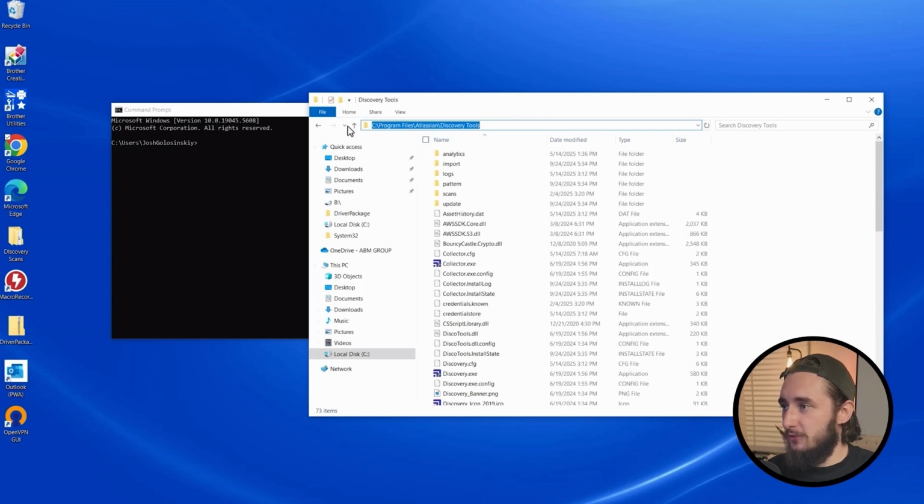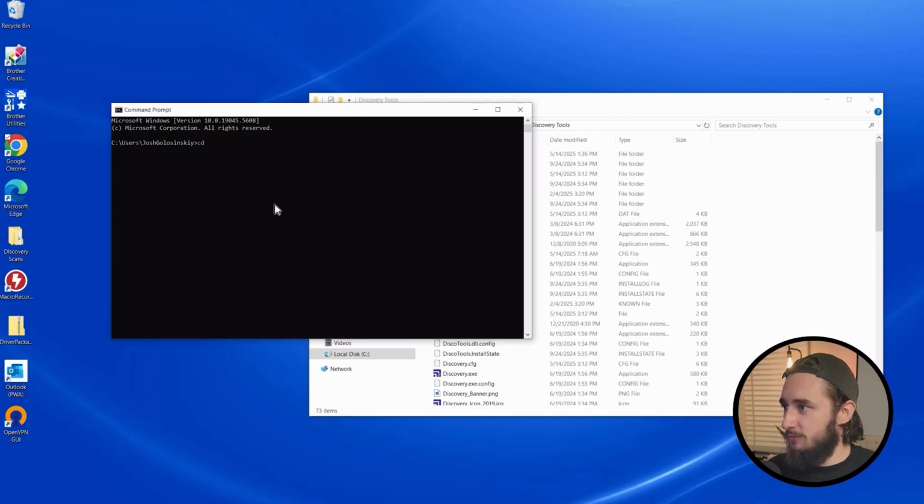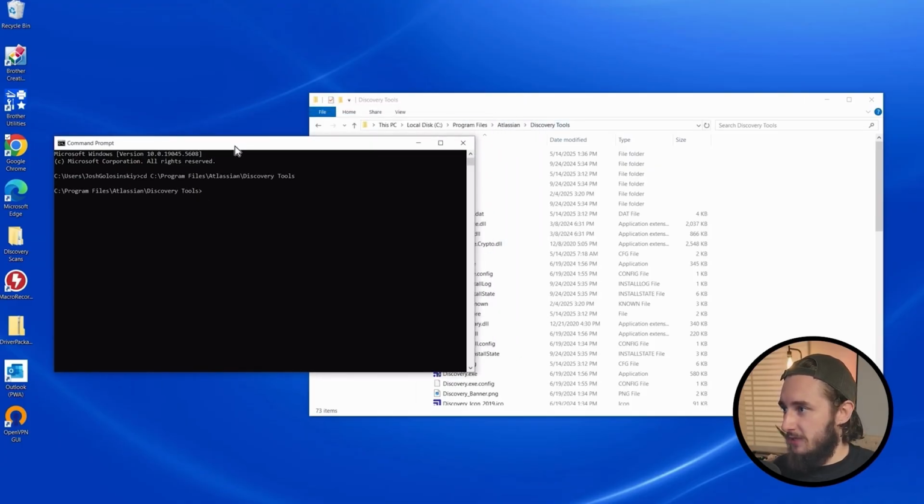If you're not super familiar with command prompt and how to change directories, I'll walk you through it as best as I can. So you're going to just copy this exact path, and then I'm going to type in cd space, and then I'll paste that exact path in and click enter. So now we're in our Discovery Tools directory within our command prompt, and what we're going to do is type in